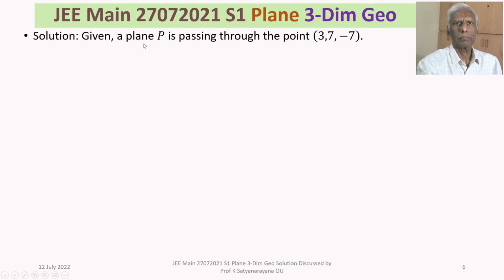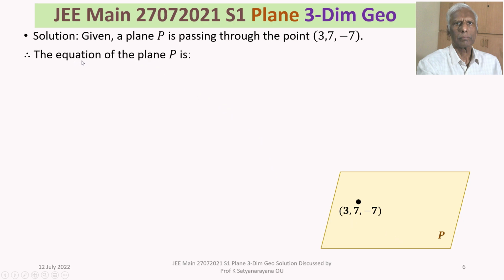We are given a plane P that is passing through the point (3, 7, -7). Look at the illustration. That is the point (3, 7, -7), and that is the plane P that is passing through this point. Now, the equation of the plane P is a times (x - 3) plus b times (y - 7) plus c times (z + 7) is equal to